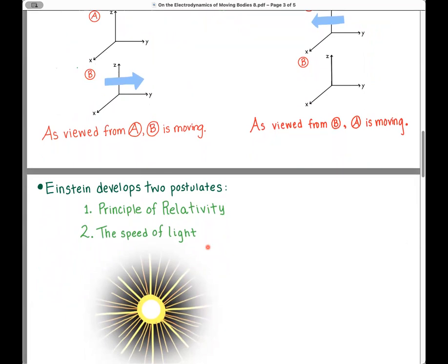I say essentially because there is a difference between a coordinate system and the phrase emitting body that Einstein uses in the second postulate. In Einstein's words, in empty space, light is always propagated with a definite velocity v, which is independent of the state of motion of the emitting body. In a sense, the speed of light is elevated to the same level as a physical law that is valid in any coordinate system that is moving at a constant velocity with respect to another